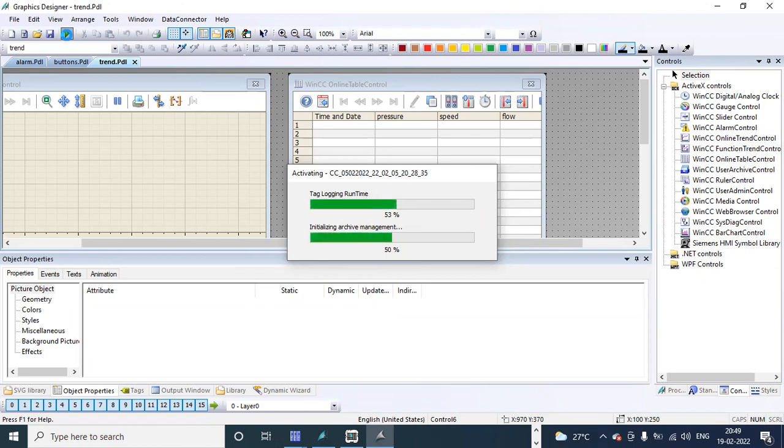As we have selected tag logging, alarm logging, okay, for all this information when we are activating, it takes more time the first time when it is starting, okay, to go to run mode. So we have to wait for some time.